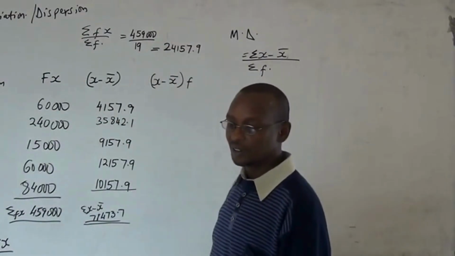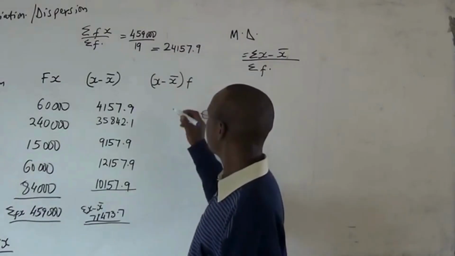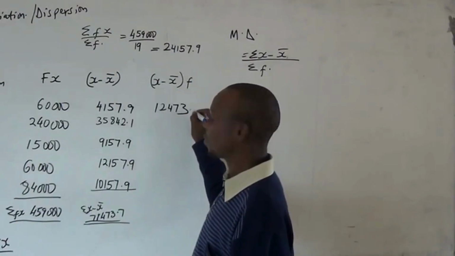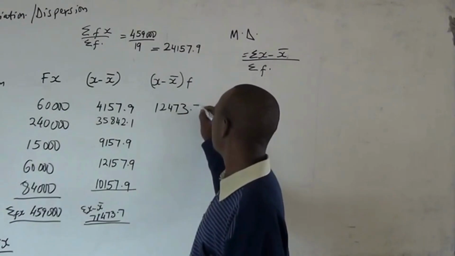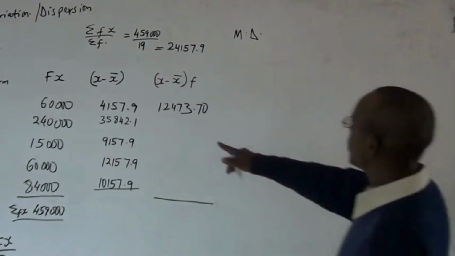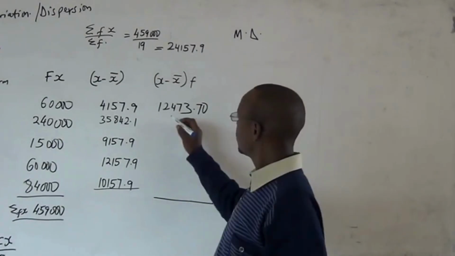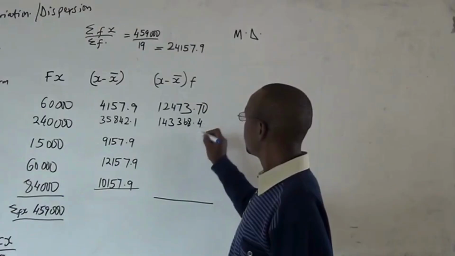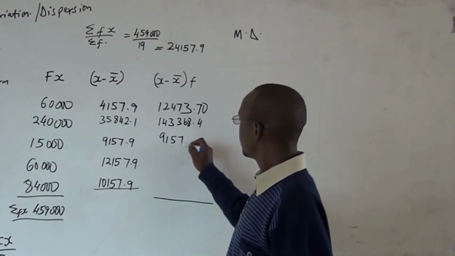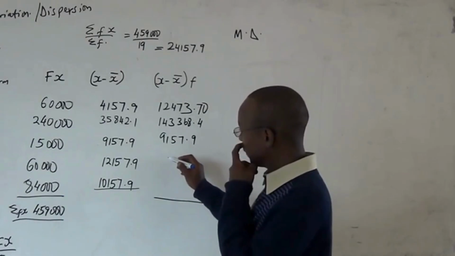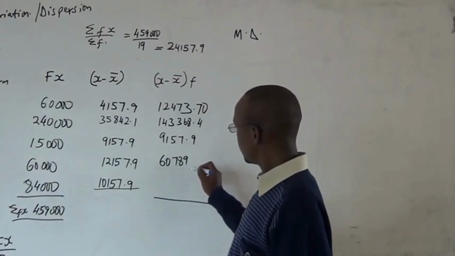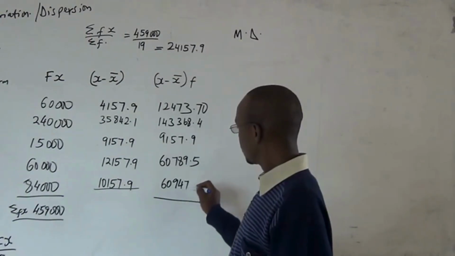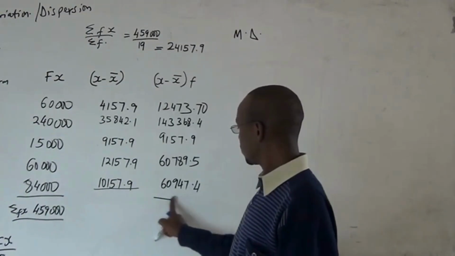You get 12,473.7, the other 143,368, 24,21, 57.9, 11,60.78, 5, the last one, 69,47, 24. Total, 286,